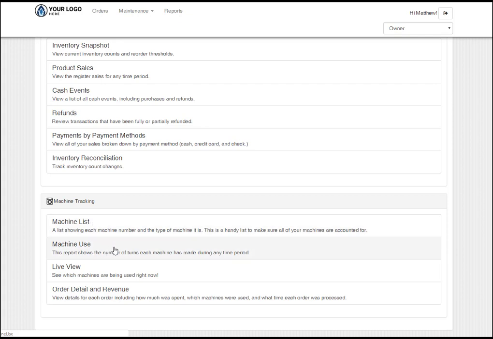The next one is machine use. So you can see how often each one of your washing machines and dryers are being used during any time period. You've got your live view, so you can see which machines are being used right now for wash and fold orders. And the final one is the order detail and revenue. And this is to view the order details for each machine and see how much profit you're making per wash and fold order. This one is actually the most important one, and I'm going to start off with that one,